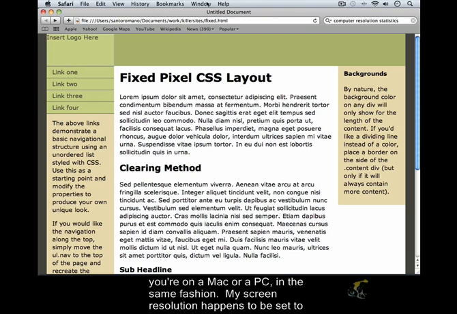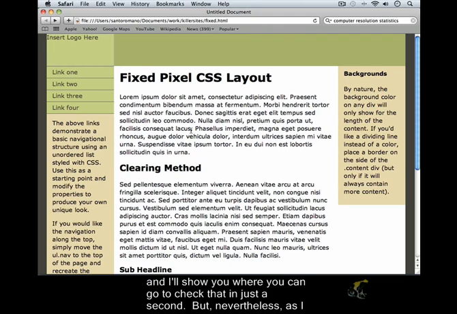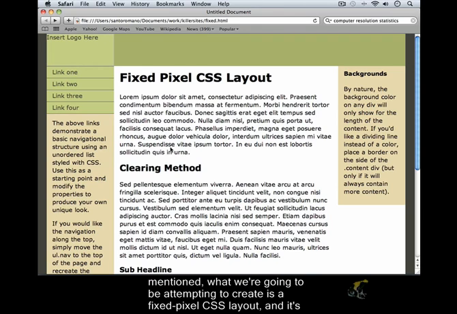My screen resolution happens to be set to 1024 by 768. You may in fact have a higher screen resolution if we believe our statistics, and I'll show you where you can go to check that in just a second. But nevertheless, as I mentioned, what we're going to be attempting to create is a fixed pixel CSS layout, and